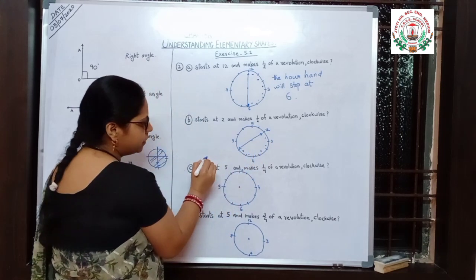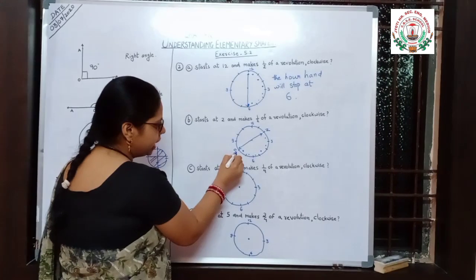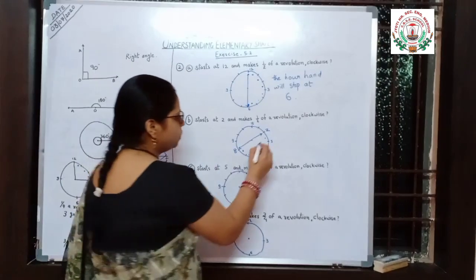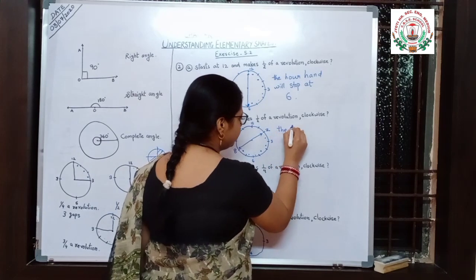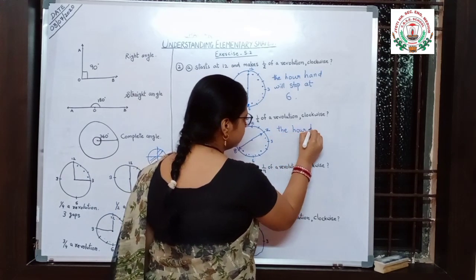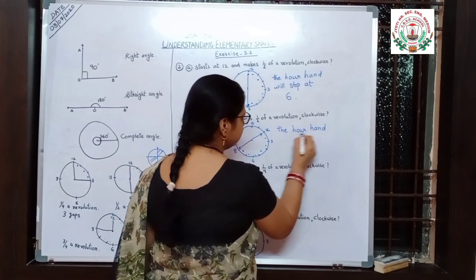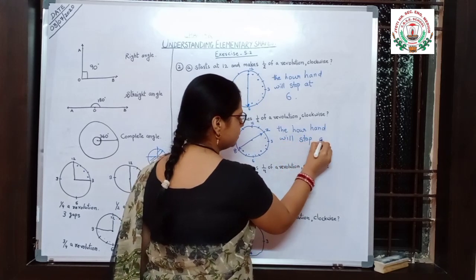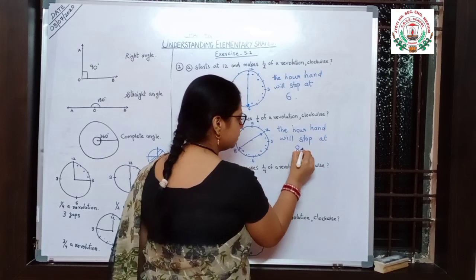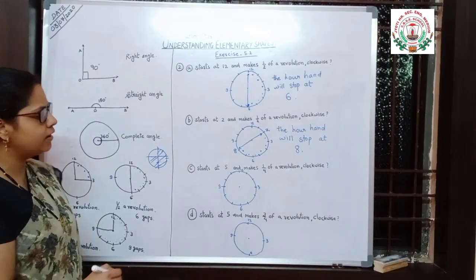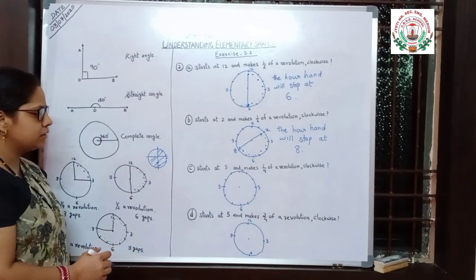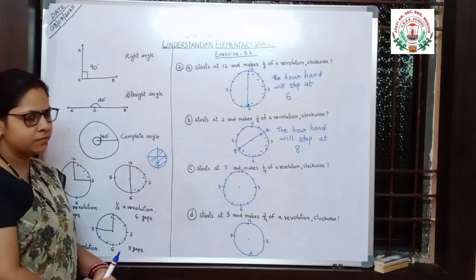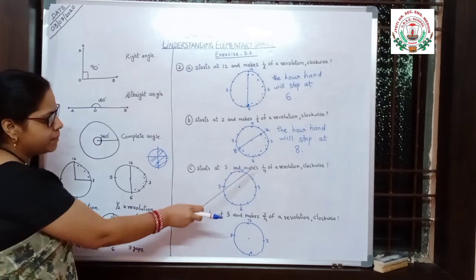Now what is this number? Before 9, it is 8. So the hour hand will stop at 8. So you have to write here, the hour hand will stop at 8. Is this clear? Now the next: if the hour hand starts at 5, starting at 5 and making 1/4